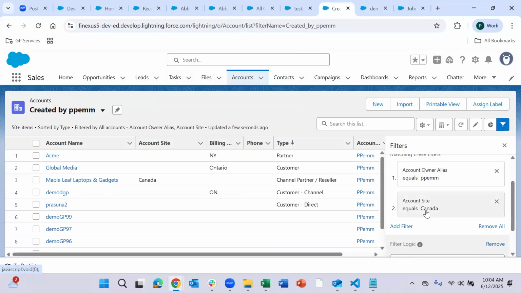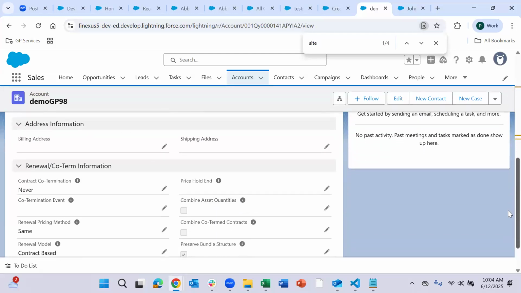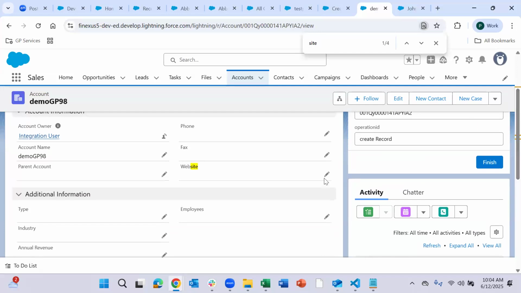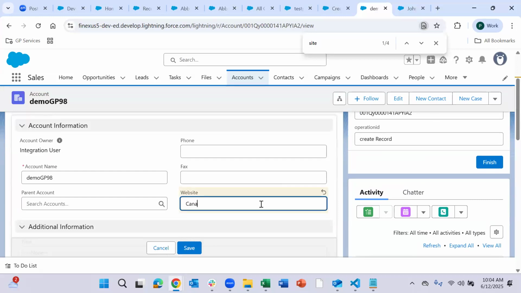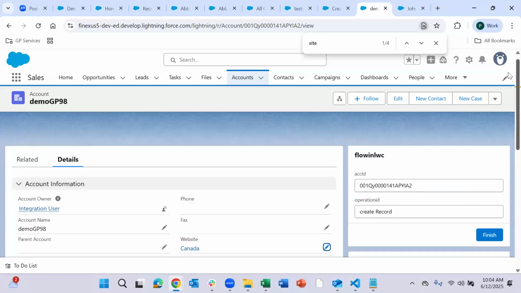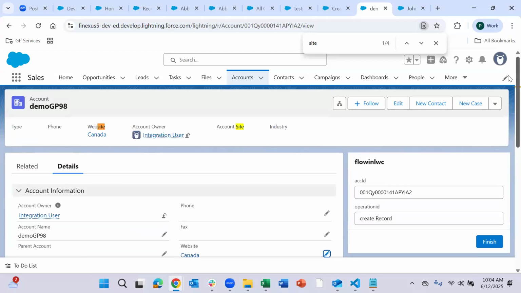Now let me change this account site to Canada. Account site is some other field.